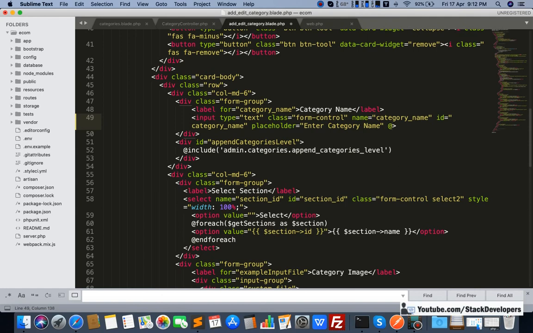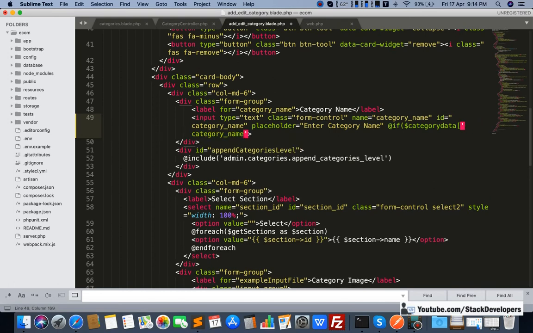Like at the rate of if. Okay, see here, if our category data, I'm going to check here, dollar category data and is coming here category name.